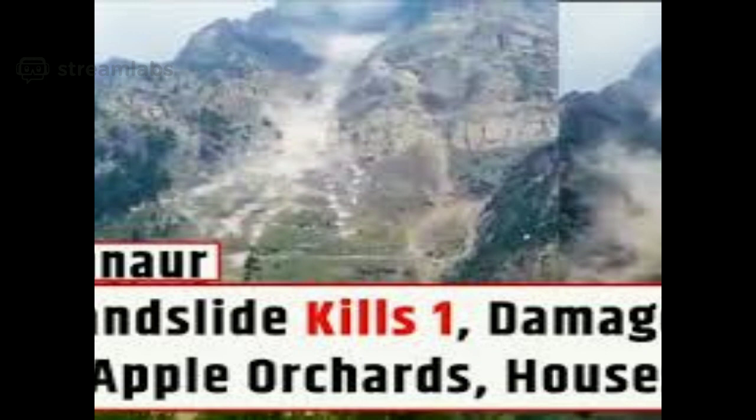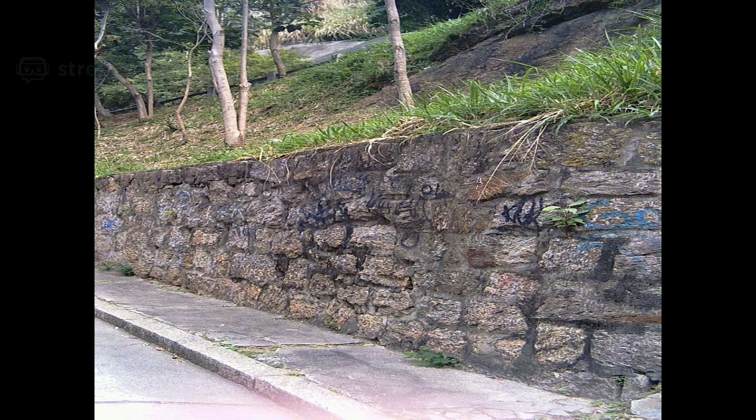The second is construction of retention walls. I have brought for you this wall, called a retention wall. You must have seen retention walls in our area also. If you happen to go to Vikram Nagar, you may find these types of walls. So construction of a retention wall stops land from slipping away. This is very common here also, I think in the colony also you must have seen.